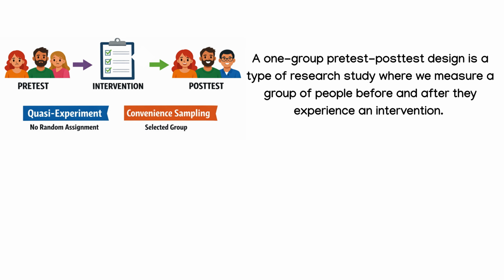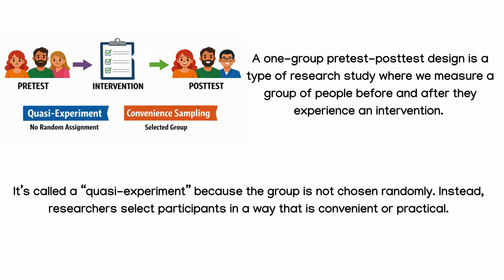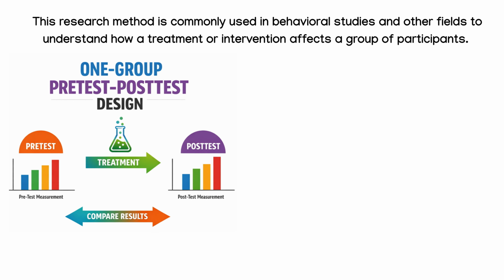A one-group pretest-posttest design is a type of research study where we measure a group of people before and after they experience an intervention. It's called a quasi experiment because the group is not chosen randomly. Instead, researchers select participants in a way that is convenient or practical. This research method is commonly used in behavioral studies and other fields to understand how a treatment or intervention affects